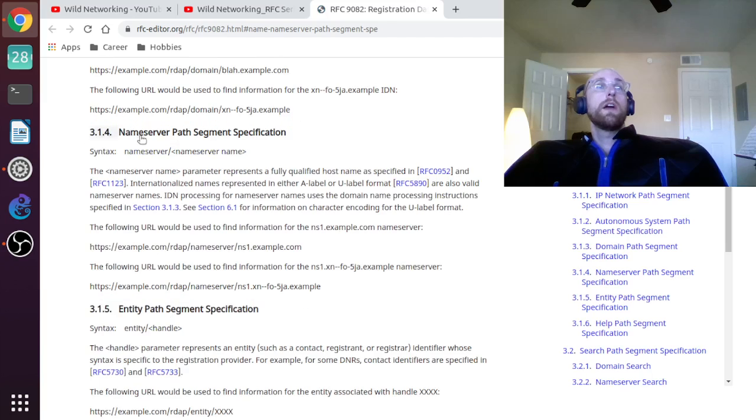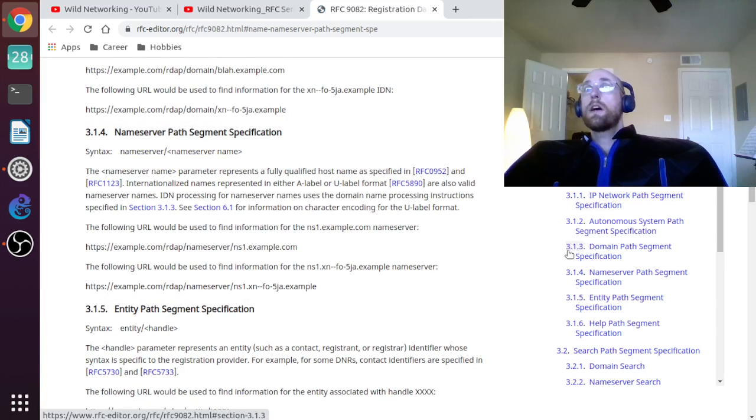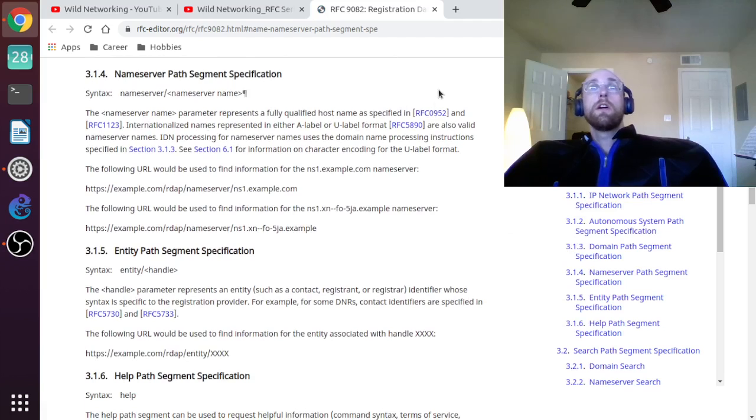Okay, so last video I finished up 3.1.3, so we're going to start here in section 3.1.4, name server path segment specification. So the syntax here would be nameserver/nameserver name. Name server, that's for DNS. It maps FQDNs to IP addresses. The name server name parameter represents a fully qualified host name as specified in,